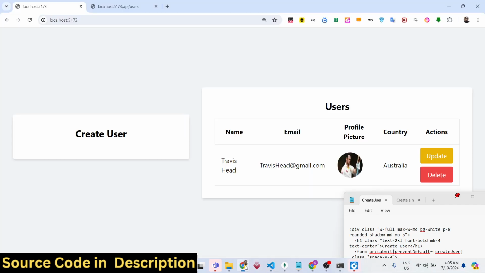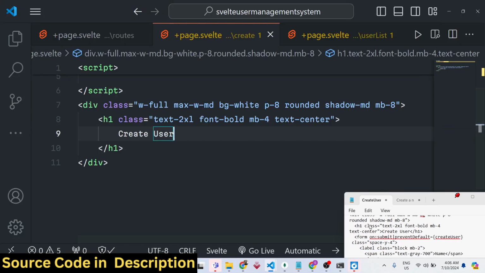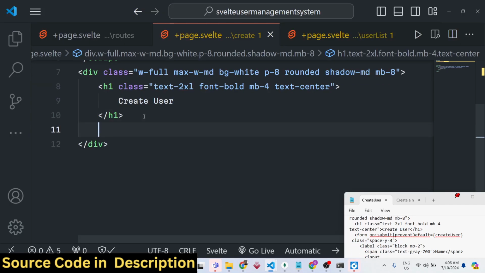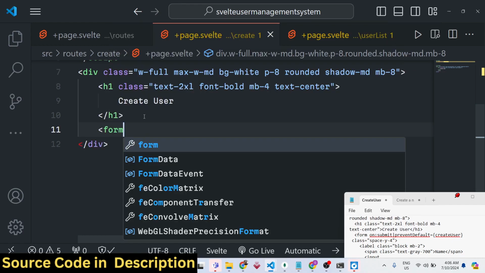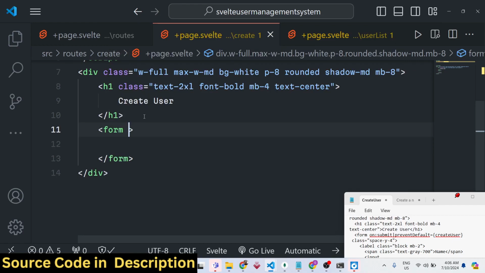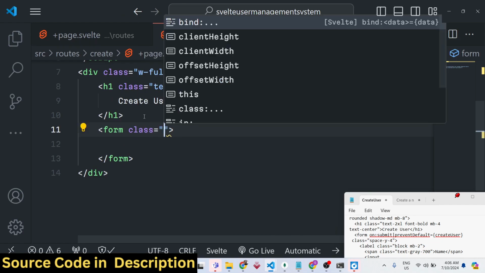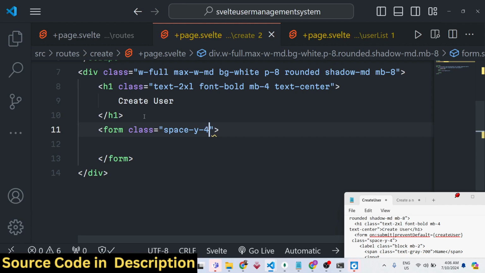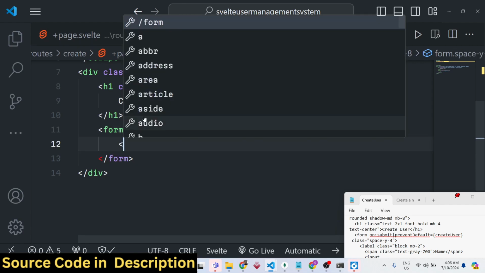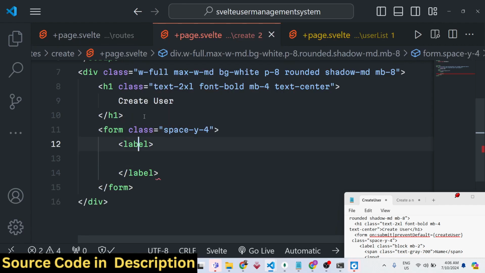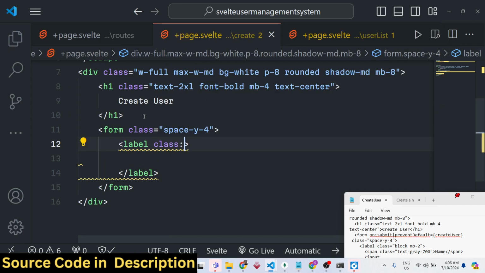So if you refresh your browser, you will see side by side, here we will have our create user form, and here we will be displaying the details. After that, we will have a simple form element, and this form element will have a class of space-y-4, and inside this we will have a label. We will give it a class of block mb-2, and